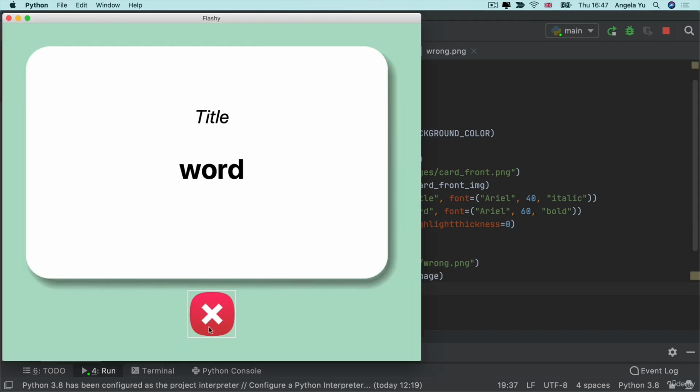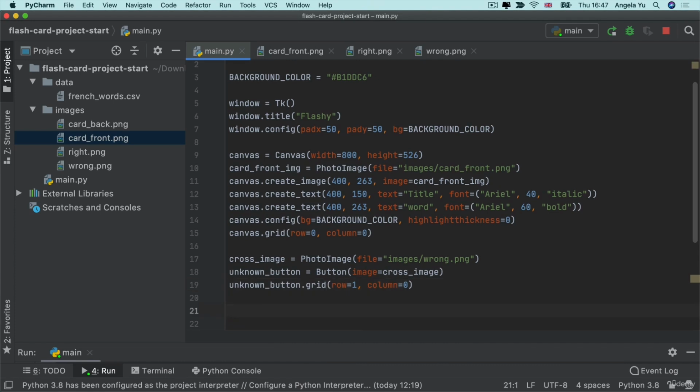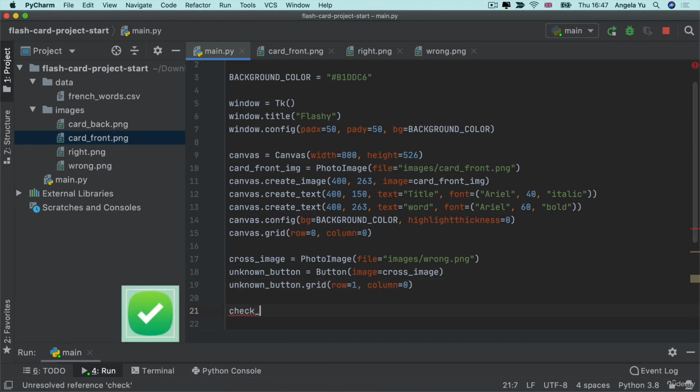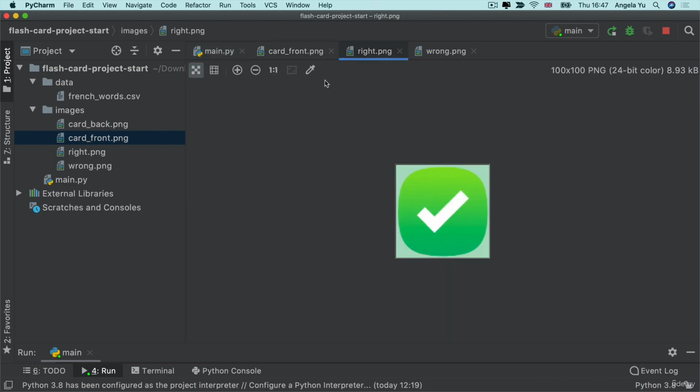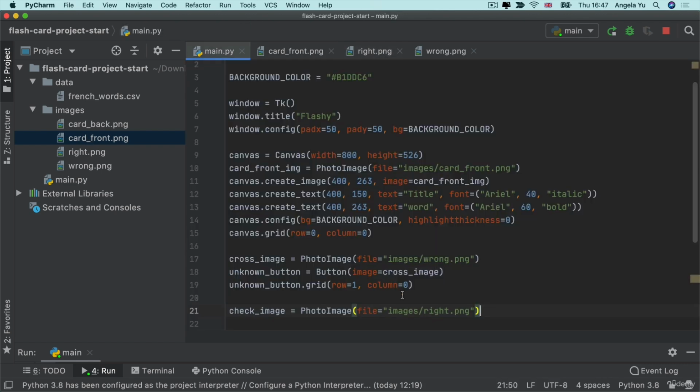So now you can see our X button show up here. Next, I'm going to create the check image. This is going to be the check mark. And in this case, it's again a photo image created from a file, which is in our images /write.png. And of course, you can always just double click on each of these images and view them and just make sure that they are the ones that you want to